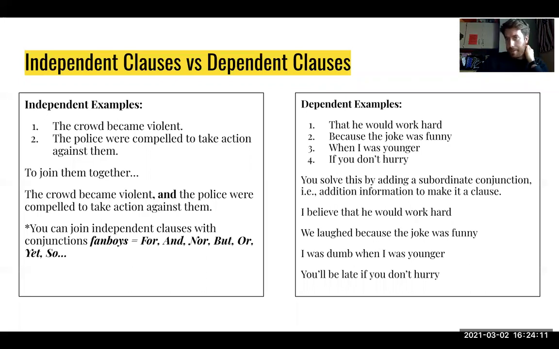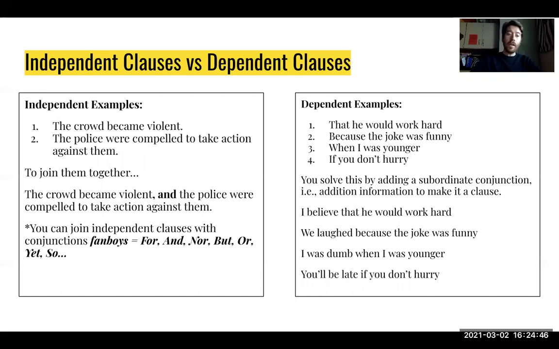So let's look at some examples. This is one of the best ways to look. So here are some independent clause examples on the left here. The crowd became violent. That is a clause that functions as a complete sentence. And if you were to have that in a piece of writing, it would be grammatically correct. A second example might be, the police were compelled to take action against him. Okay, so the police is the subject, compelled to take action is the verb phrase. So that works. So you have a subject and a verb, they're agreeing with each other, therefore it's a complete